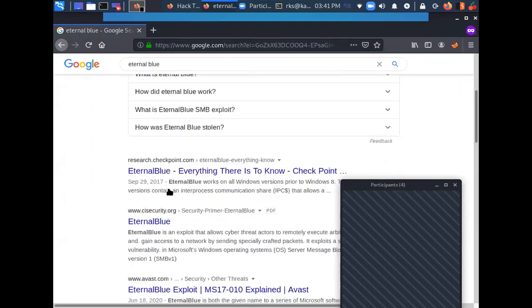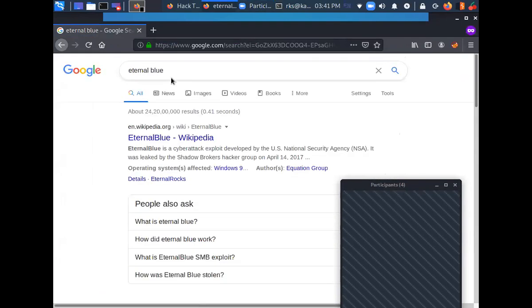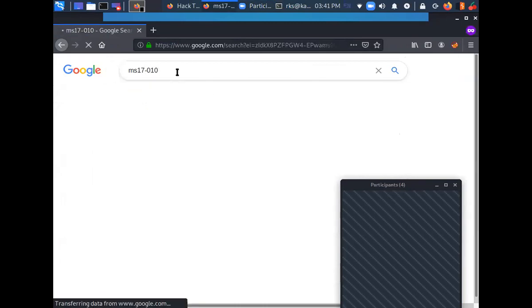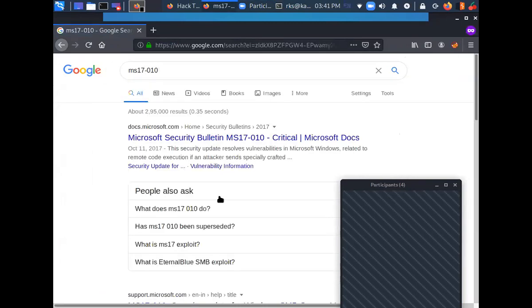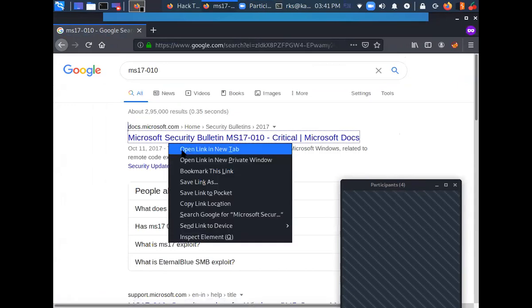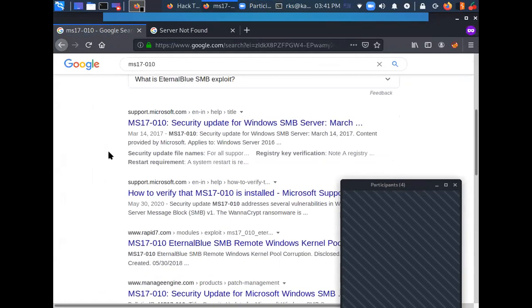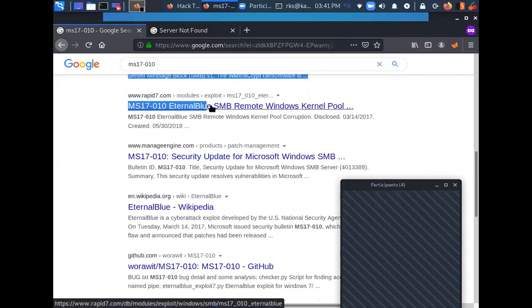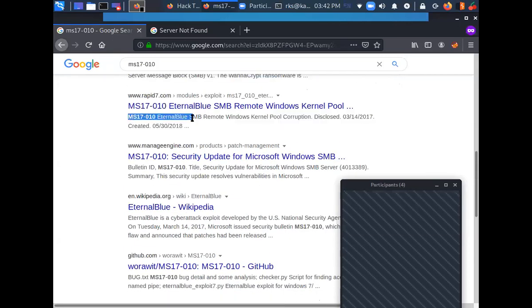Or I can search for MS17-010. I can read more about this vulnerability here. And here you can see that it's also known as Eternal Blue.